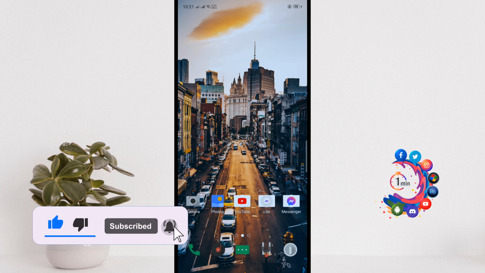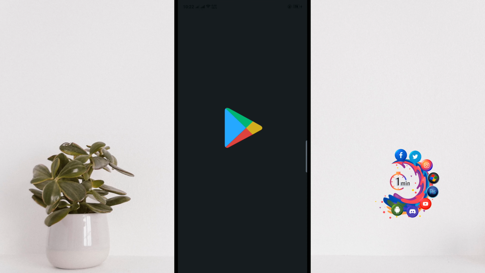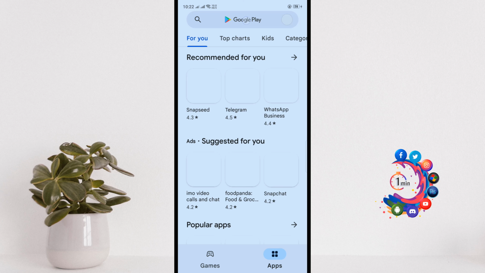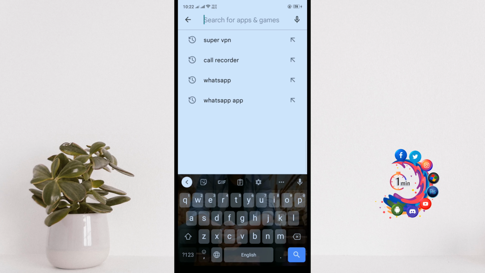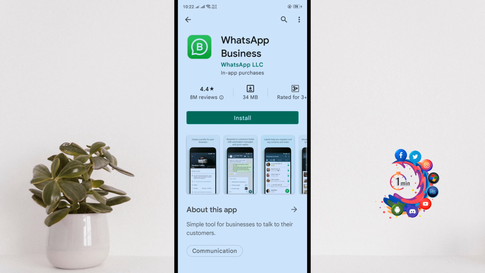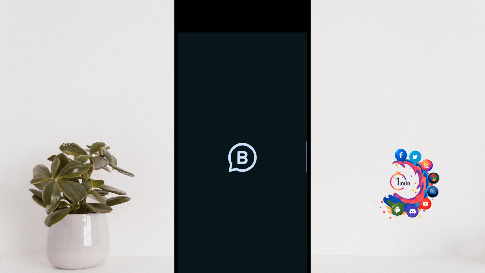Start by installing the WhatsApp Business application from Google Play Store. So open your Play Store and type WhatsApp Business. So install the WhatsApp Business app. So after installation, open the app